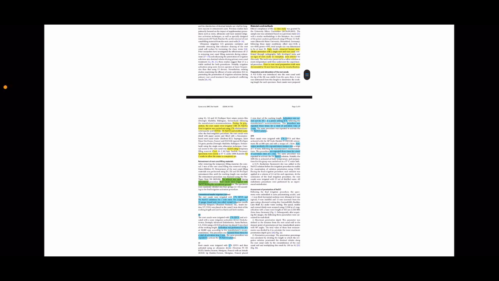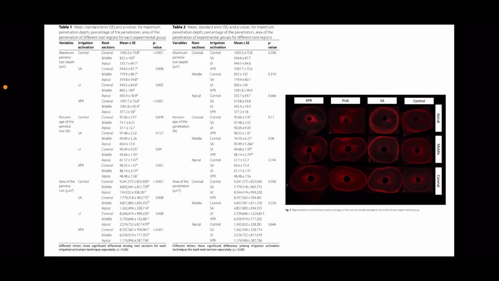During the final irrigation procedure, rhodamine B dye was added to the 5% sodium hypochlorite for visualization via the CLSM. Subsequent to image acquisition, the maximum penetration percentage and the penetration area were calculated, and then data were analyzed. So for the results, as you see in table 1, when examining each activation method for the different